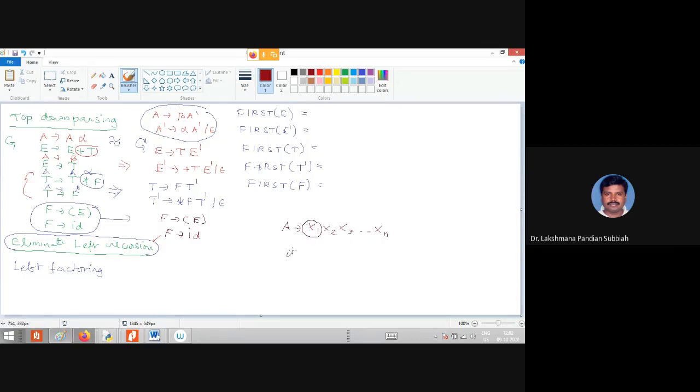So if x1 is a terminal, then first of x1 is x1. Else if x1 is another non-terminal, then you have first of A equal to first of x1.